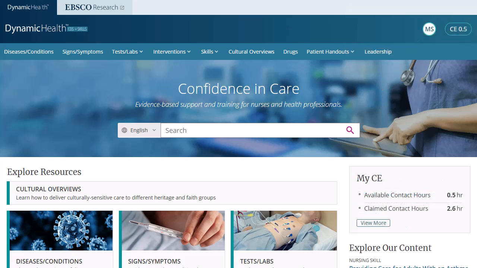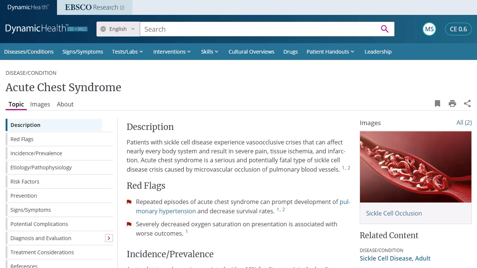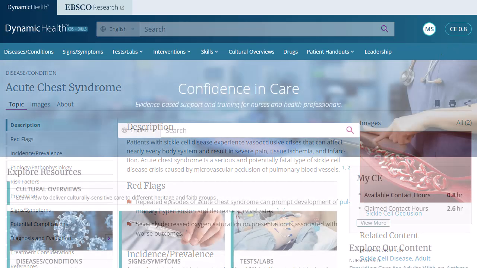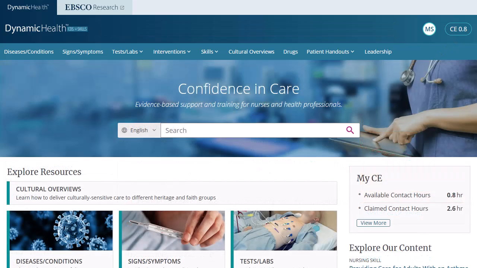After logging in, note the Continuing Education (CE) indicator in the toolbar. The number displayed indicates how many contact hours you have available to claim for a certificate. As you read topics, the system tracks your activity and contact hours are automatically added to the number you have available to submit. When you are ready to submit your available contact hours, click the CE indicator at the top